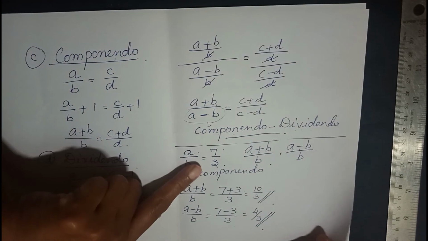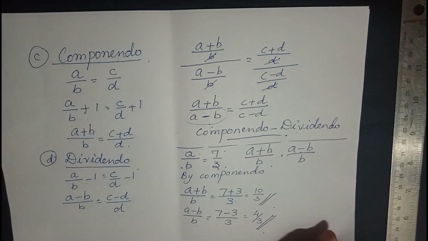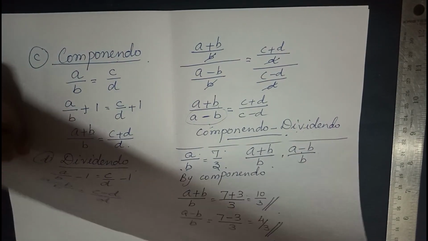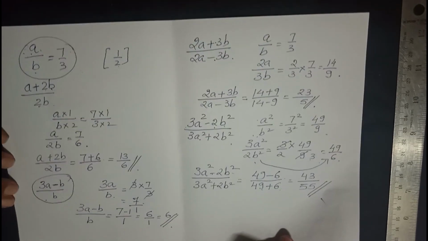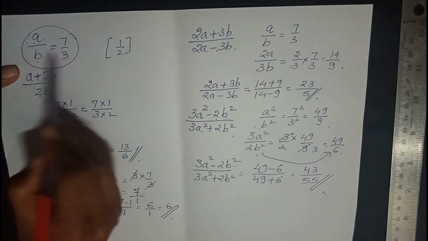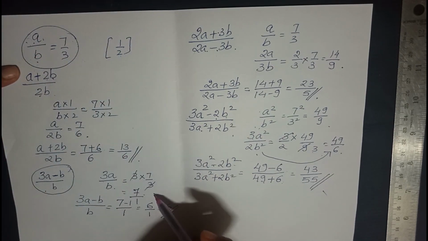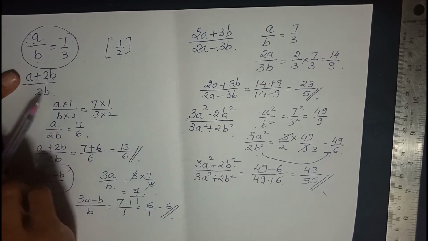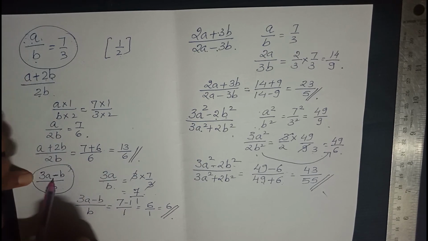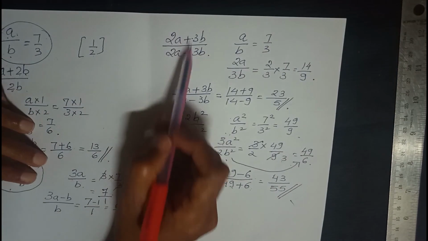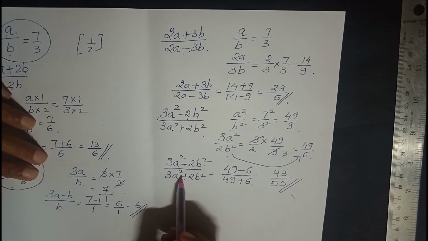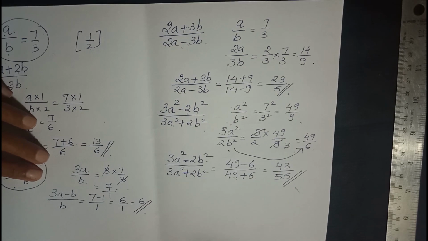So we took some examples, like from one ratio, you can see how we found out different values that were asked. This was direct componendo, this was direct dividendo, a minus b. And here, there were some ratios where the values were different from what was given. So we can multiply the ratios on both the sides with the number we want to attain what we want, and then perform the operation that is asked. Like here it was addition, so we know it is componendo. Here it was subtraction, so we know it was dividendo. Here it was both componendo and dividendo. And here it was the reverse, that is dividendo in the numerator and componendo in the denominator.